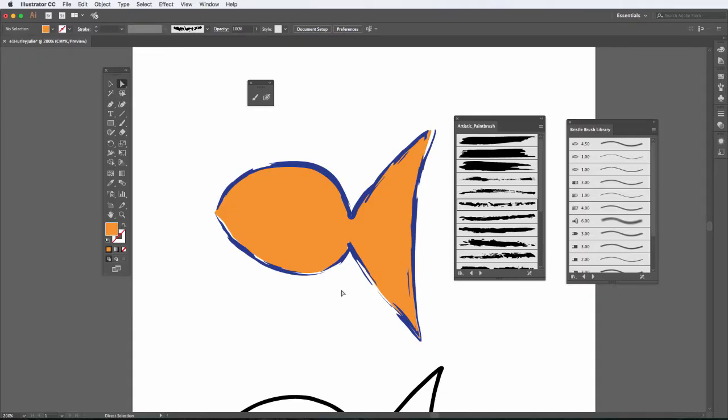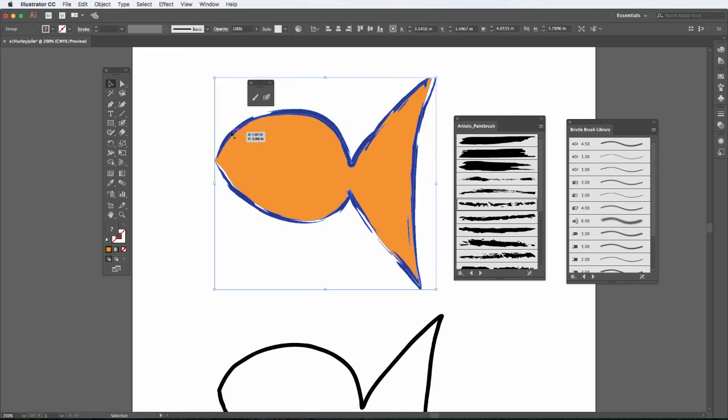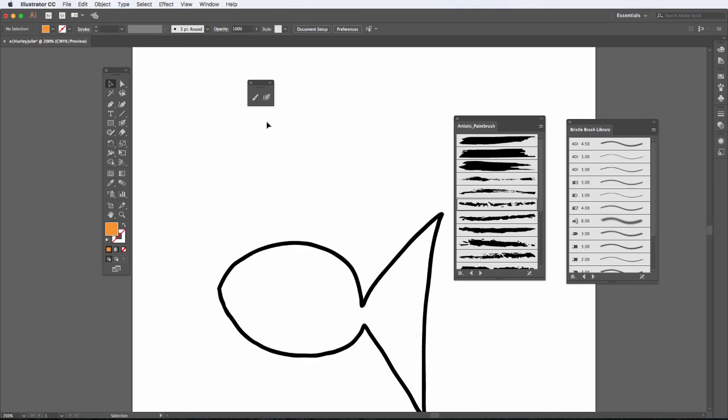Next, I want to show you the blob brush. Let's go ahead and remove this. Now let me show you the difference between the blob brush and the paintbrush. When painting with the blob brush,